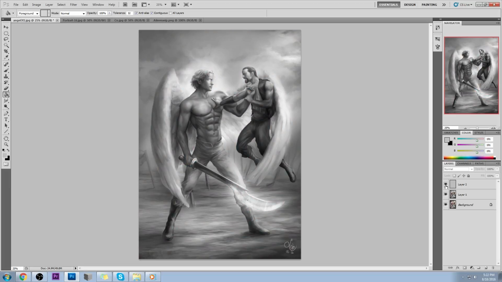Also, the wings are really under detailed compared to their vicinity to the focal point. Now we can see the detail in his belly button, and the detail in his veins here in his arm, but we can't see feathers. That's why we have to make sure we detail at least some of the feathers adjacent to the